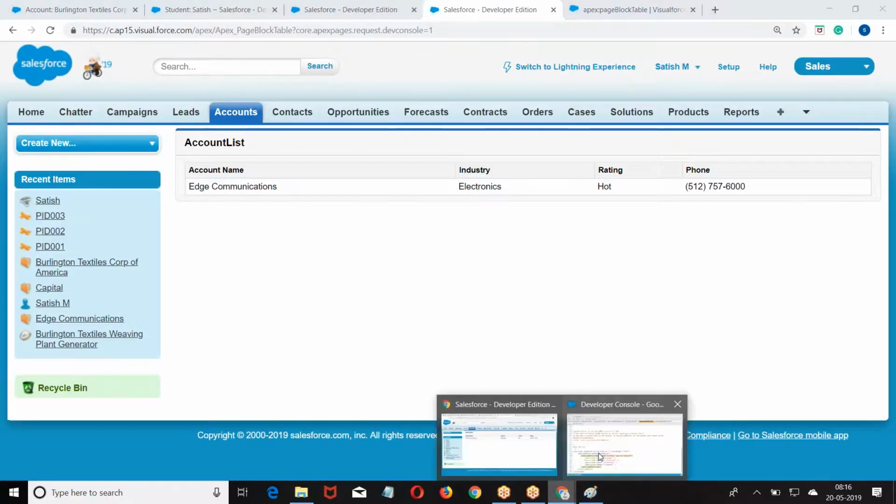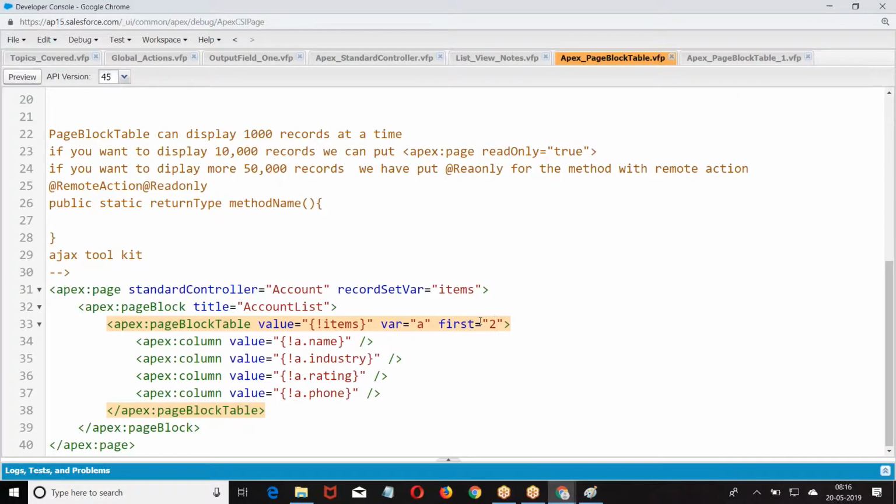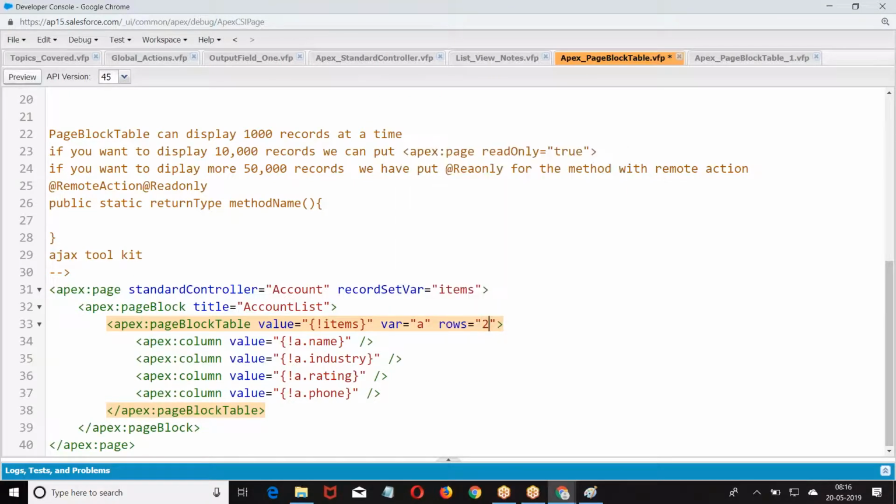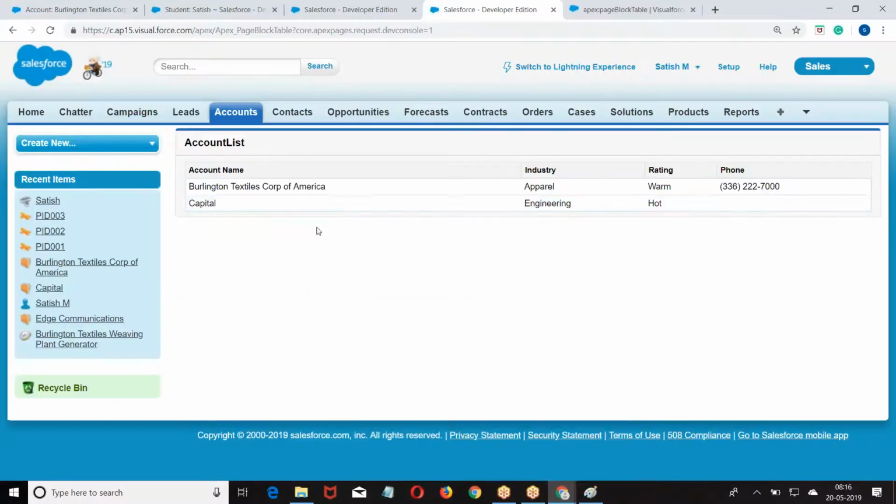Index 2 means from the third record it is going to display. Then how many records do you want? First, from which position? Rows. How many rows do you want?